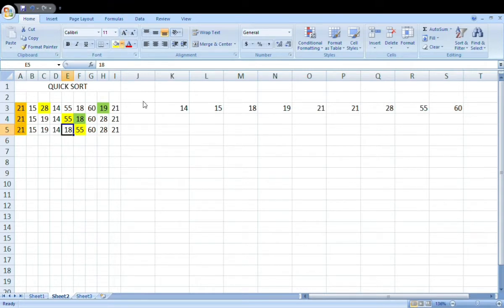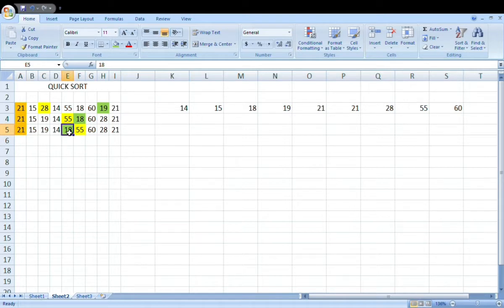Now see, now among these two values, the smaller one is on the left side, the bigger one is on the right side. So it won't swap these two, because already the smaller one is on the left side, the bigger one is on the right side. Now what it will do, this is smaller than this one, right? We already know, we found the smaller value only, 18.